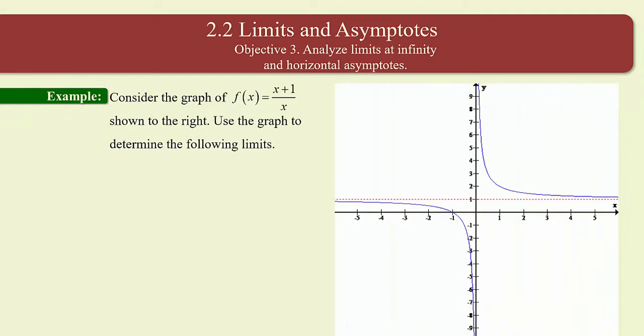So let's look at the following example. We're going to look at the graph of f of x equals x plus 1 over x. Here it is to the right. And we're going to use this graph to determine the limits. In part A, the limit as x goes to infinity of x plus 1 over x. And in part B, the limit as x heads off to negative infinity of x plus 1 over x. So as always, get this transcribed into your notes because I'm going to head off to the chalkboard and work